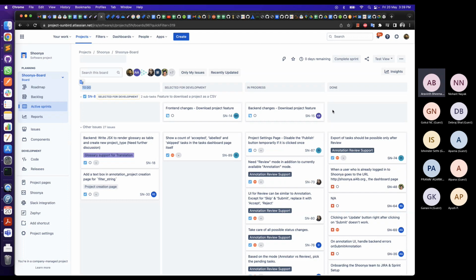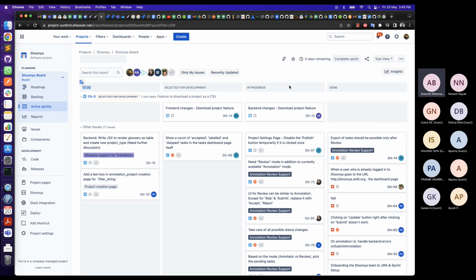So what is the procedure for moving a ticket from in progress to done? The set of activities involved would be merging all your code from your feature to dev to master, and deploying that. Once you have deployed it, you will assign that particular task or bug to the tester, or whoever is helping with the testing. And then they verify the functionality in production, and then they give a go ahead to be moved to closure. That's when it gets moved to done status.